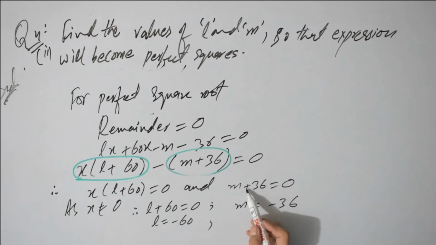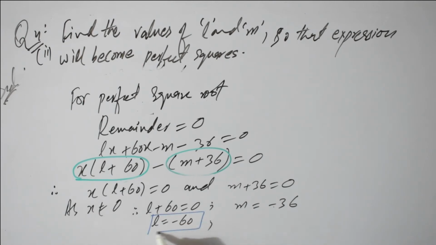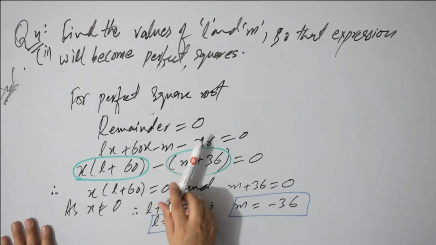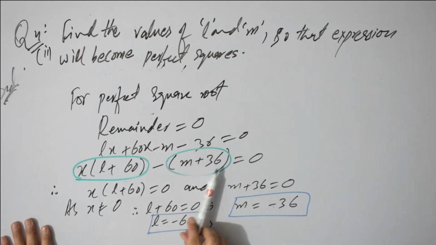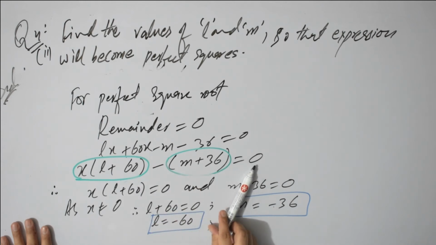Direct I transport this plus 36 to the other side, it becomes minus 36, and over here I shift this plus 60 to other side, it becomes minus 60. So this is the value of L, make a box, and this is the value of M. Right students, I hope you will get this point, that when you put remainder is equals to 0, both these terms should be 0, and you will write the word and,